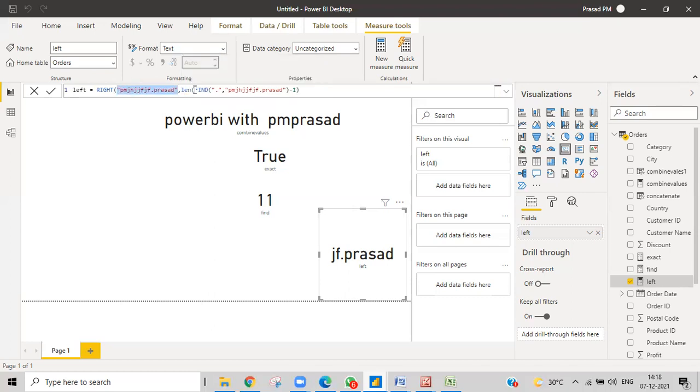We'll see. Minus the position. So what we are doing: first of all, finding the length of this string, which is 16, and then this position, the dot position.